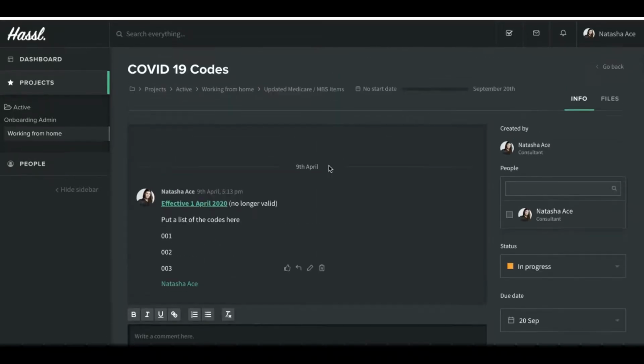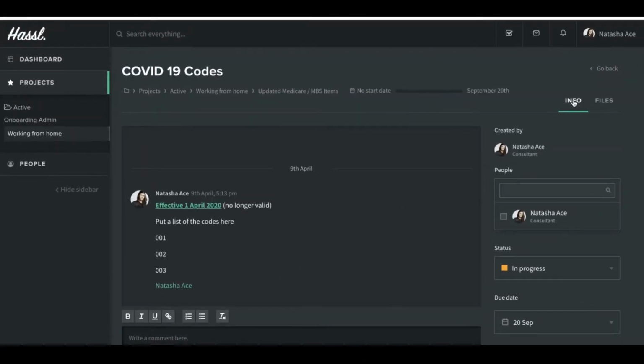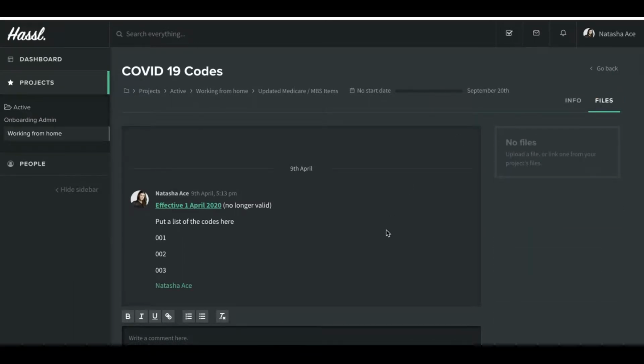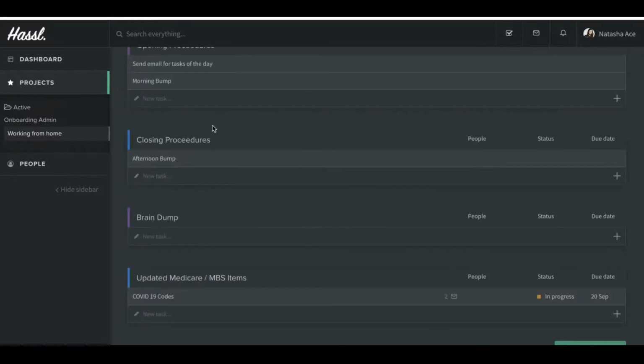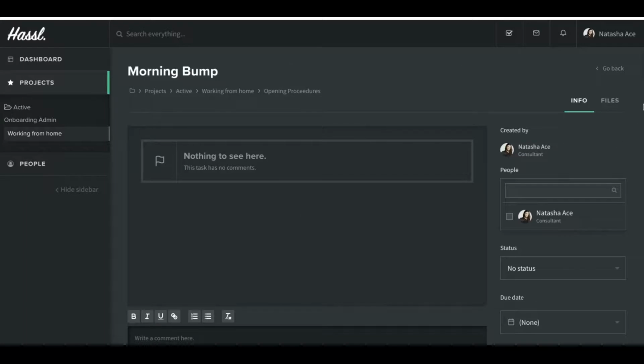in something. I also really like this because, and I can see that it's not in the free version, but in the paid version, you can not only upload files, which is really great, but you have a third tab here, which are to-dos. So for example, if we're in the working from home and we want to do the bump, under the paid version, the to-do, we can click on it and we can add as many to-dos underneath that